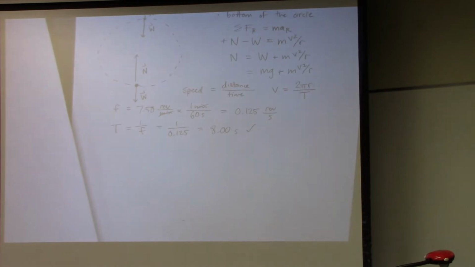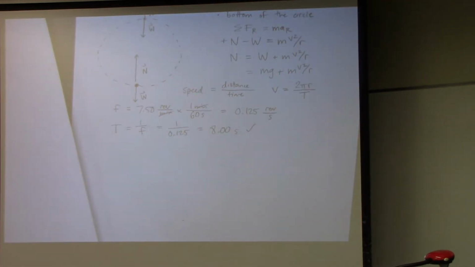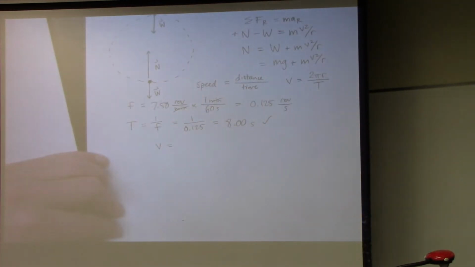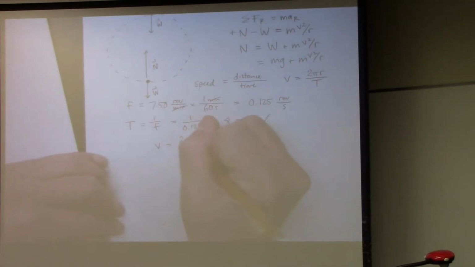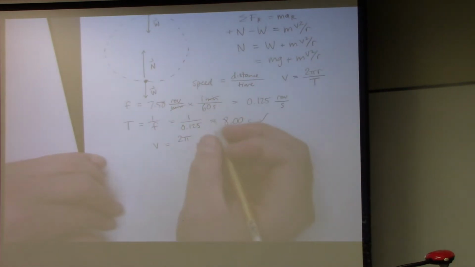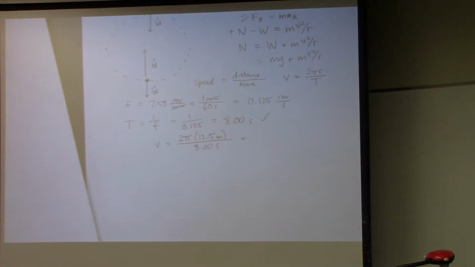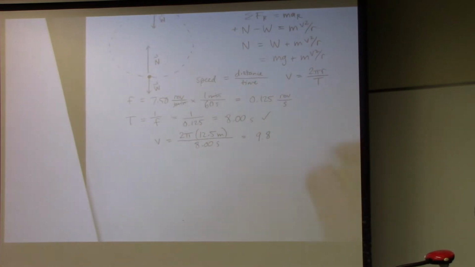So this is saying it takes 8 seconds to go in a complete circle if you're riding on this Ferris wheel, which is exactly what we need to calculate the speed, because again, that's 2 pi r divided by the period. And the radius we were given is 12.5 meters divided by 8 seconds. So this is the speed of the rider in meters per second, and it works out to 9.817